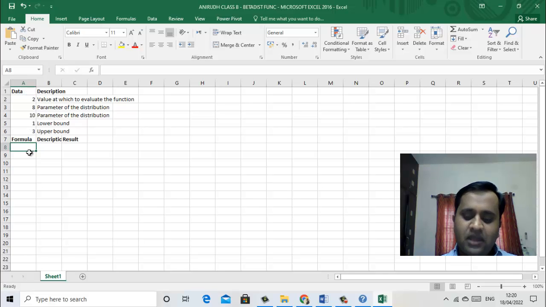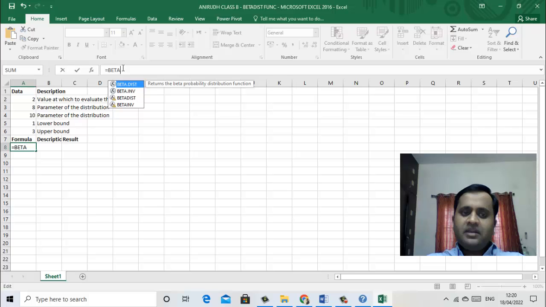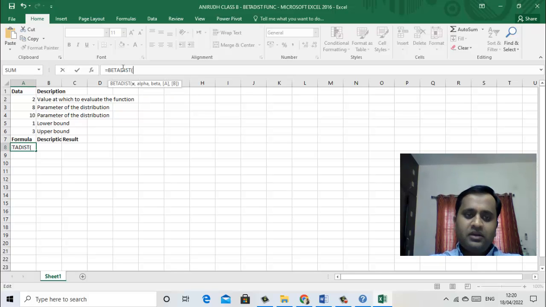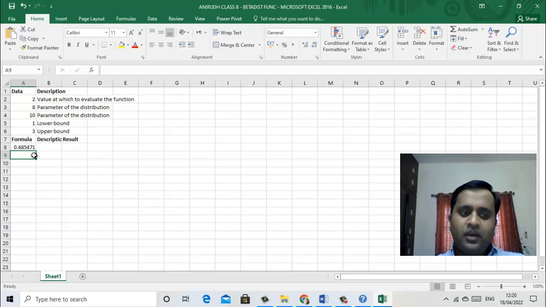So in the formula I have to type equal to BETADIST. In the formula bar I am going to click and type equal to BETADIST, bracket open, A2, comma, A3, which is the argument for alpha, comma, cell A4, which is the argument for beta, comma, cell A5, which is argument A, comma, cell A6, which is argument B, bracket close, and type enter. Now we got a result